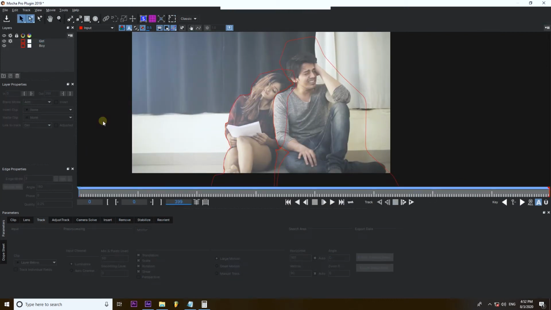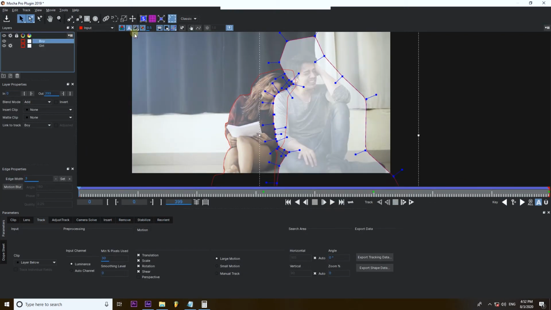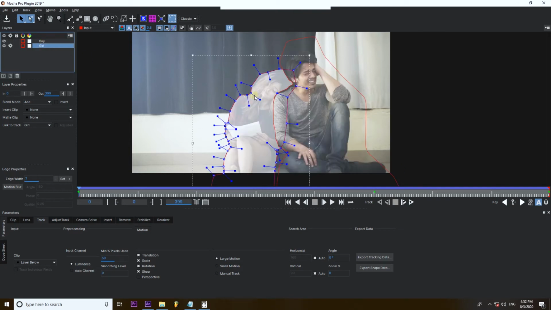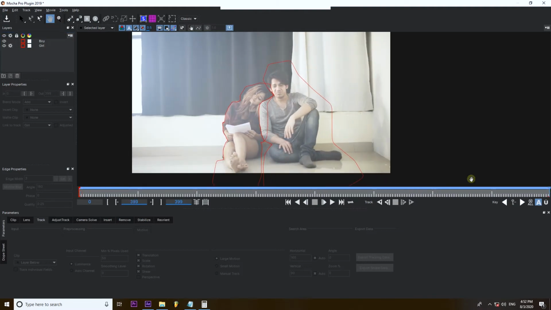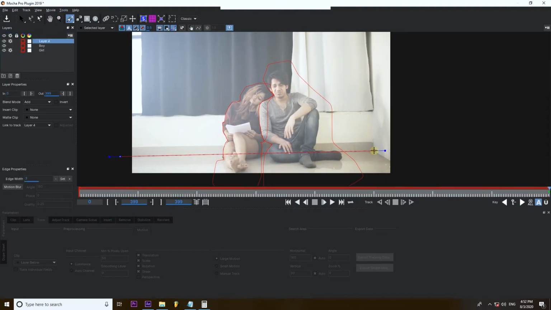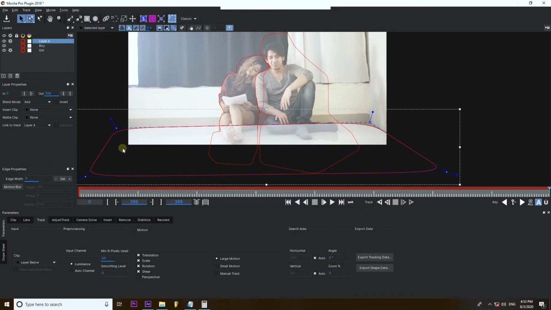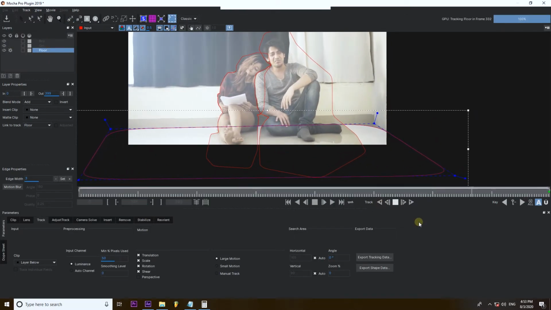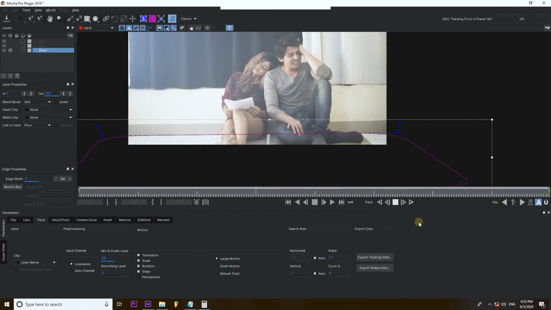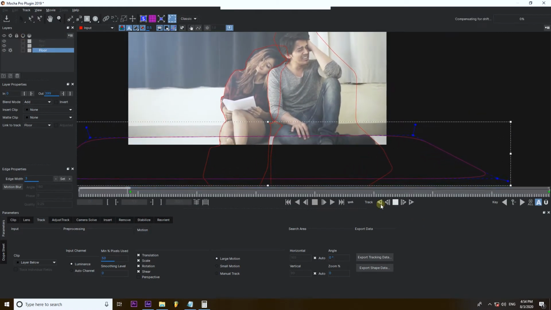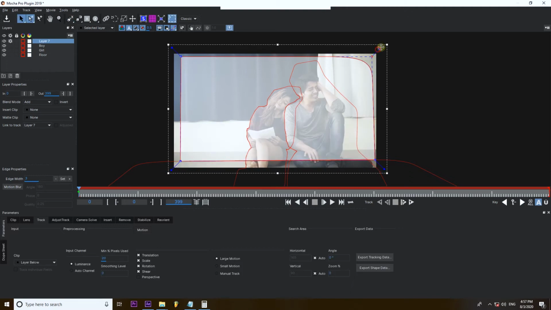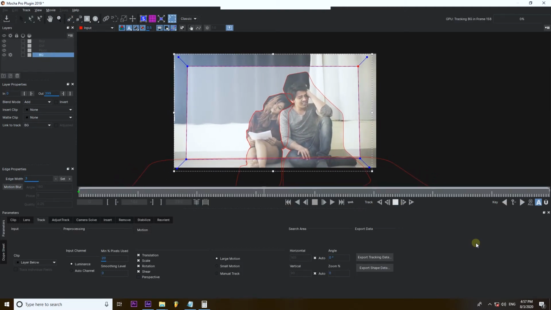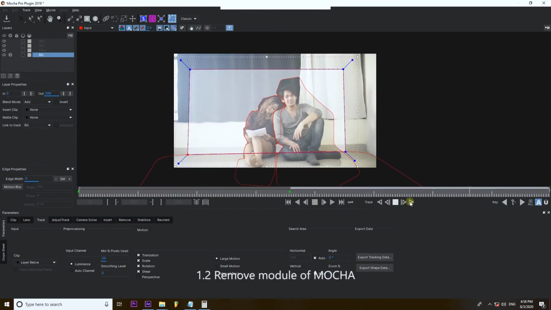Carefully monitor and correct the mask. Now move the girl's layer below the boy's. We need to maintain the order of layer from foreground to background. Notice how edge is created. For this reason, we needed to be precise on that side. Next, we are tracking the flow. And in the last, we need tracking of the background, which will cover all the area around all of our masks. And we are all set for the magic.